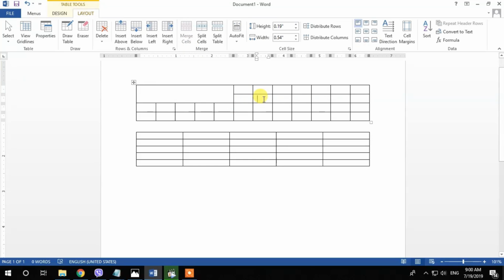Adding content to a table is done by placing the cursor in the appropriate cell and entering it. Press the Tab key to move to the next cell and select its contents. With Shift plus Tab,